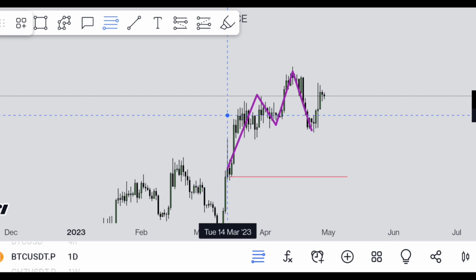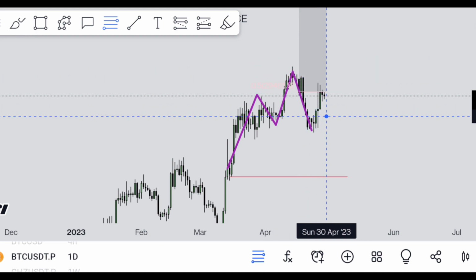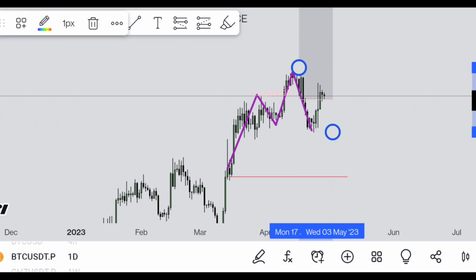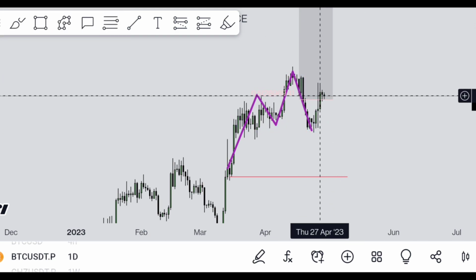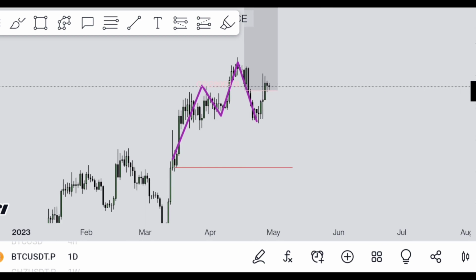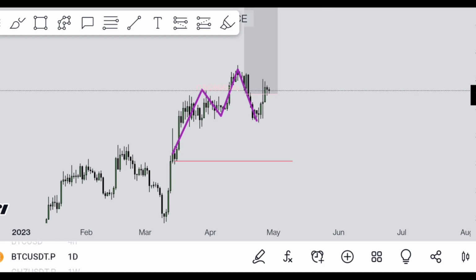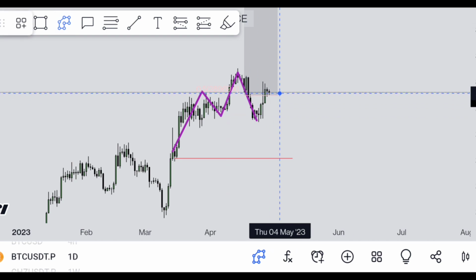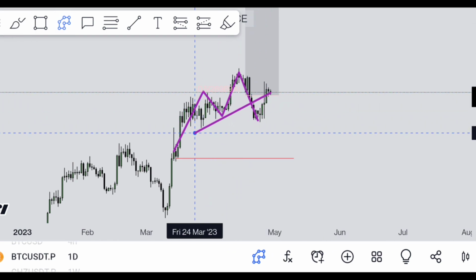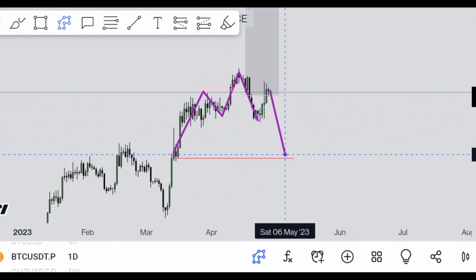So then again what you have to do is you have to draw a fib level from the top to the bottom. So the price is above 0.5 fib level, so anything above this you can short it, and your target will be these swing lows or these swing lows. Okay,